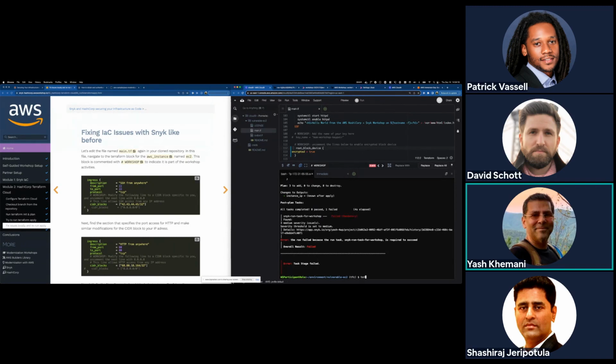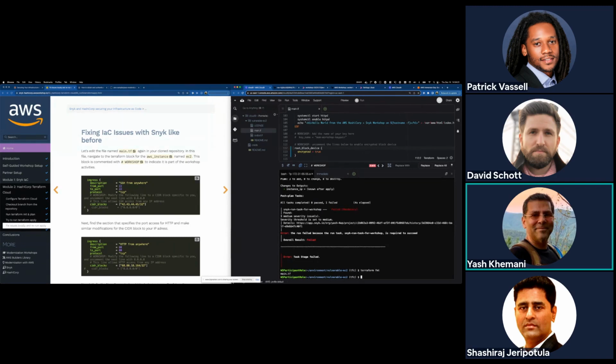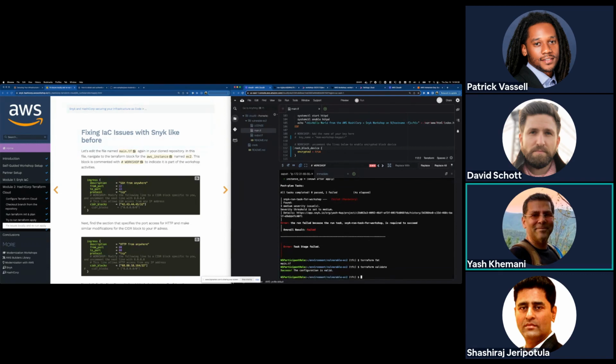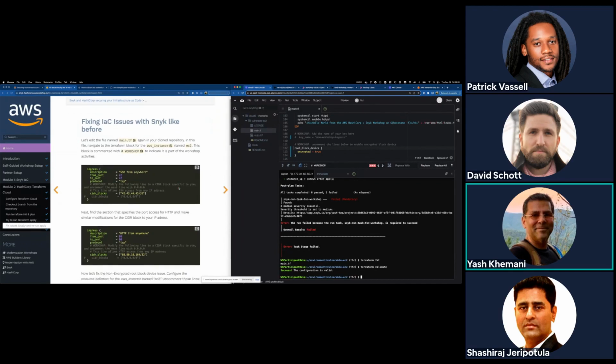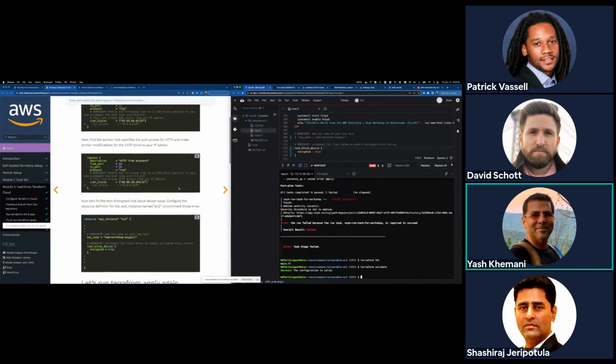The nice thing you can do is do a Terraform fmt. This is a good practice before you commit any code, by the way, and also a Terraform validate. What that's doing is making sure that our Terraform code is valid, and because of a syntax error or some such thing, that it's not going to error out. These are good things to do before you do a plan or before you commit your code.